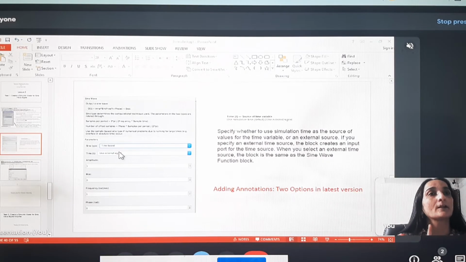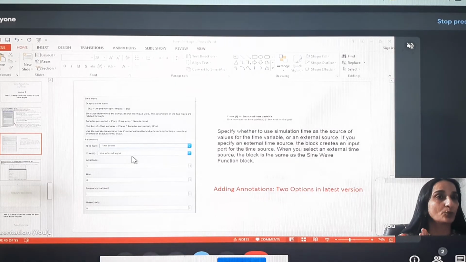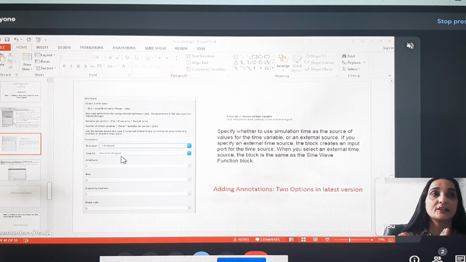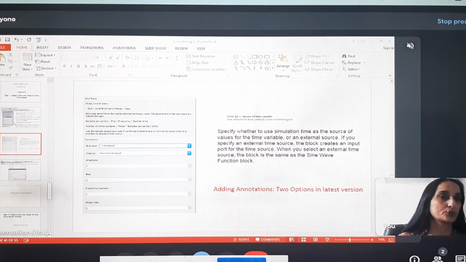By default, use simulation time is selected. We can change it to use external signal. When we change it to use external signal, it means we have specified an external time source.